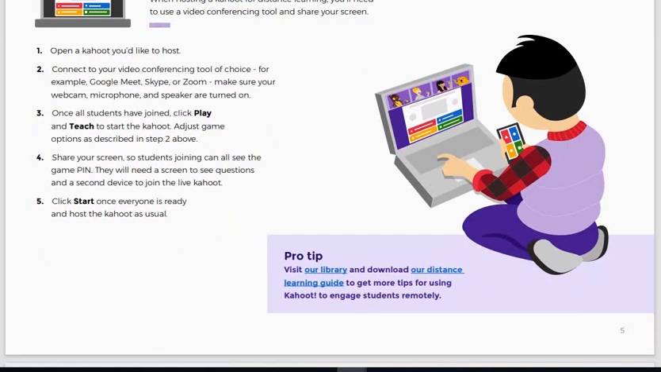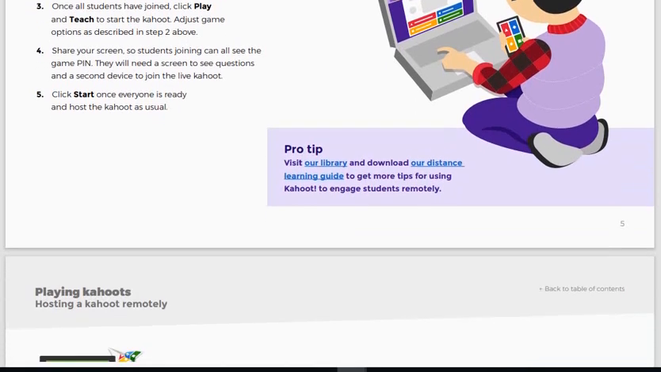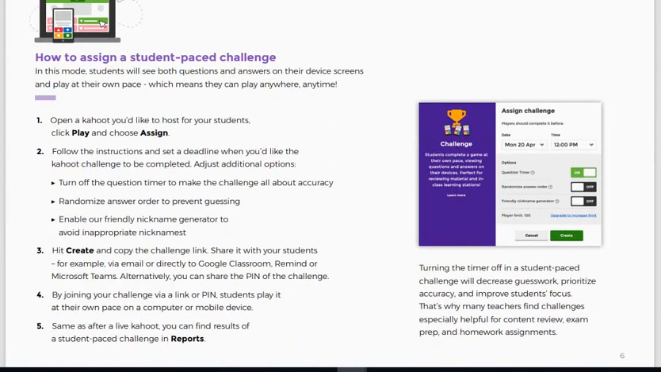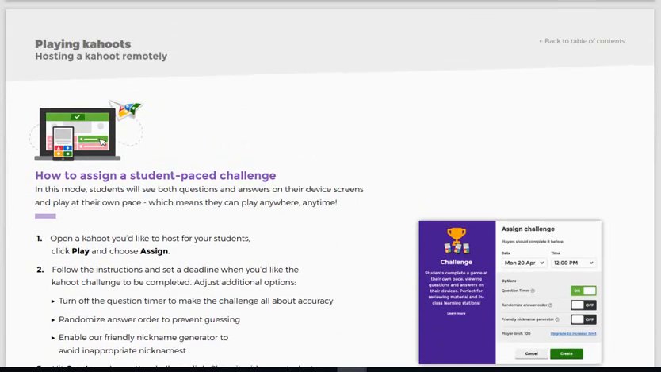Once again, ladies and gentlemen, visit the Kahoot library and download the Distance Learning Guide to get more tips for using Kahoot to engage students remotely. Colleagues, you really have to go and have a look at what is available in the library. You will be amazed. Here we've got guidelines